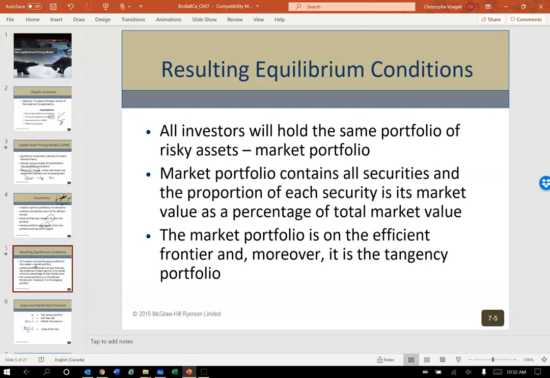This is going down the theoretical chute that all investors will hold the same portfolio, which is the market portfolio. That's that mix of all of the different securities. They claim an equal proportion. Again, don't think about it too much. Basically, the market portfolio means you own everything. And then we're going to mix in the risk-free asset eventually. And again, we're on the efficient frontier, as we've discussed.